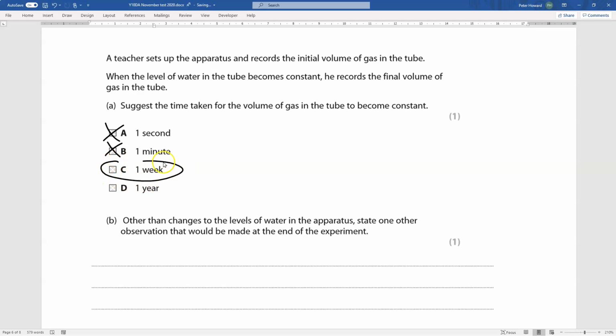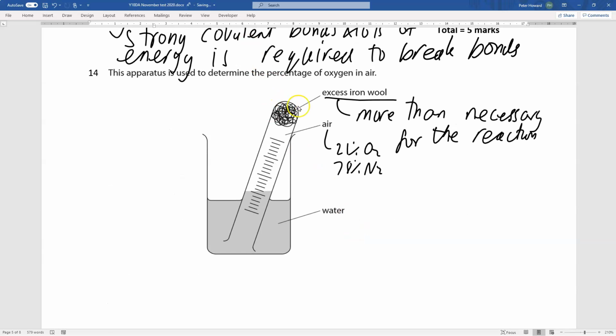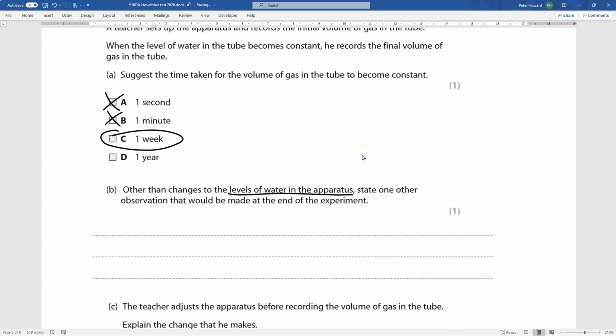And again, that's roughly how long you left the experiment when you carried it out. So apart from changes to the level of water, what other observation might be made at the end? Let's have a look back at this. We've got iron. How do we know iron has gone rusty? Again, I find referring to my bike chain helpful, but maybe not everyone cycles. So iron has gone rusty, and you could give a description: this